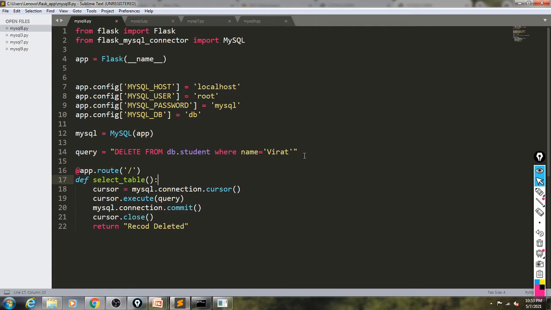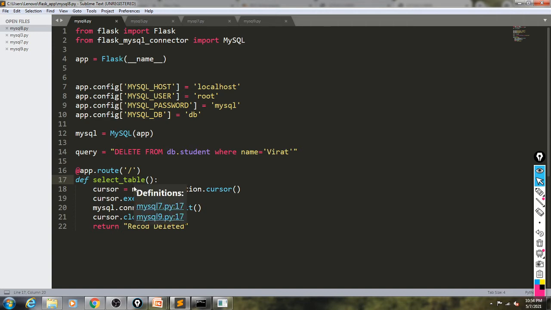So again, as we have seen previously in the video, we can use any type of relational operator or any type of logical operator in the delete query. Okay, if we want to delete all the records which are having IDs greater than 5, we can delete it by using delete from and where clause. Okay, so here we are using where clause, and then name is equal to Virat.